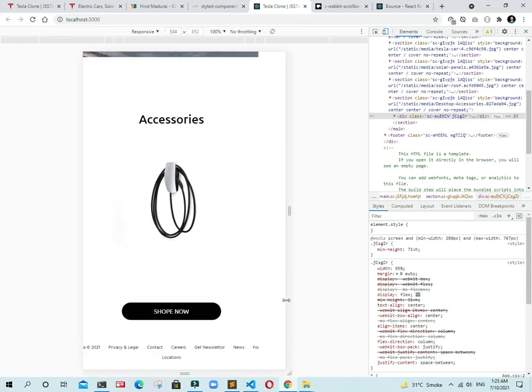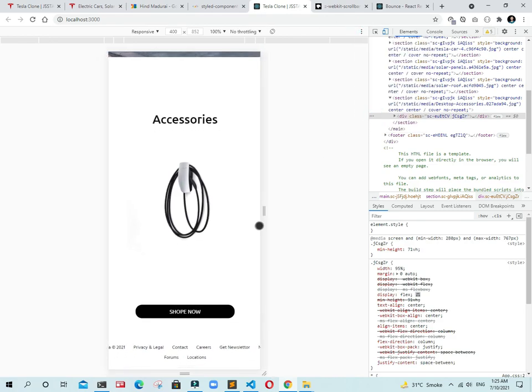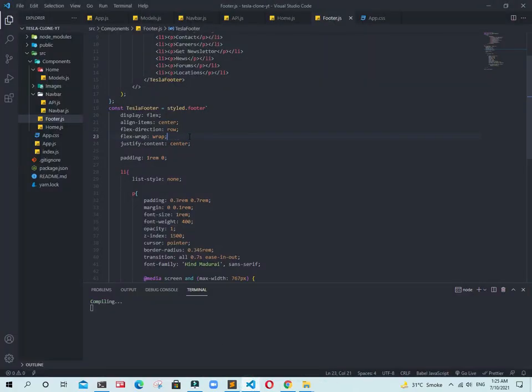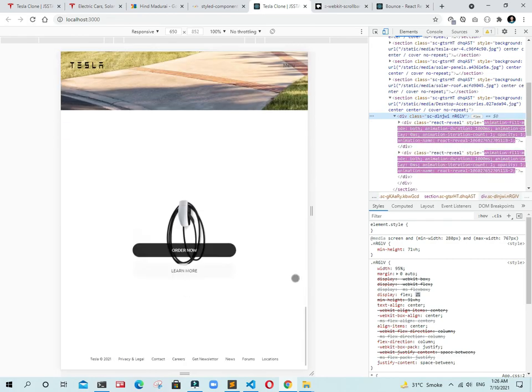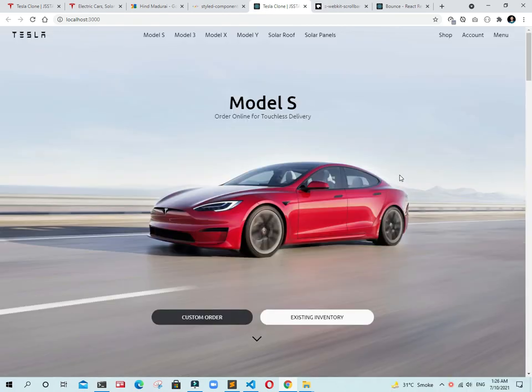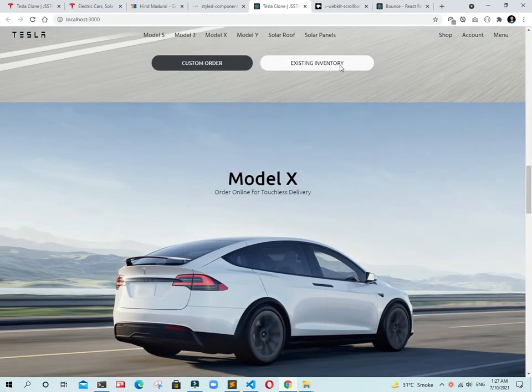Again I reset to default. Guys, it's looking very cool. We just need to remove this white space and maybe add the padding. Yes, guys, we need to hard refresh our website, and you can see our footer is working perfectly. It's awesome. Our website has been completed successfully. It's a really awesome website, guys.